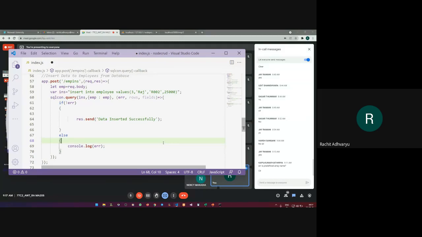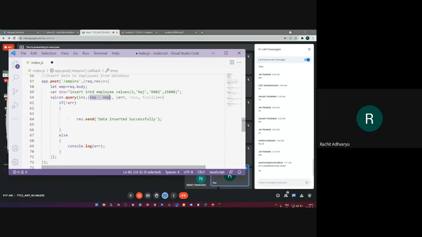EMP is the syntax of Node where you need to represent your query as one single variable. You cannot write down INS because this INS is going to execute on this EMP, where this EMP is going to represent your complete employee table of your database.